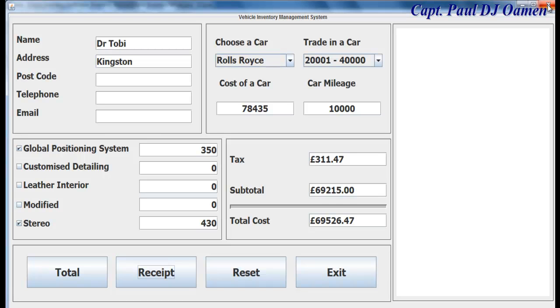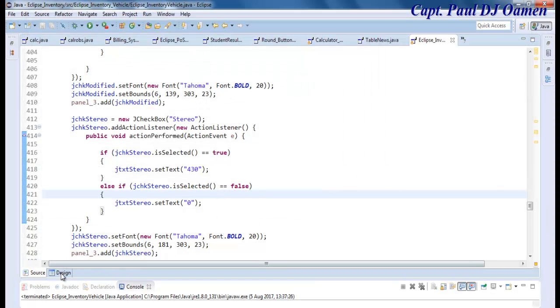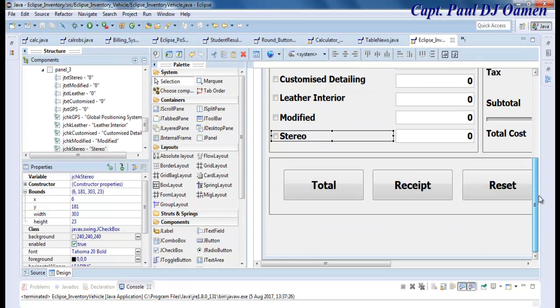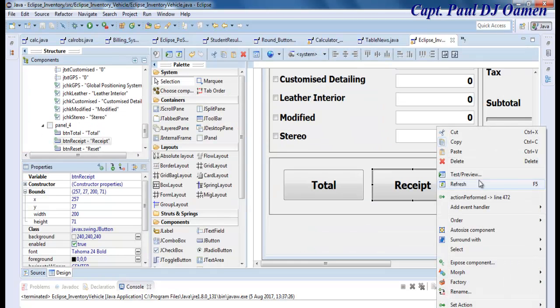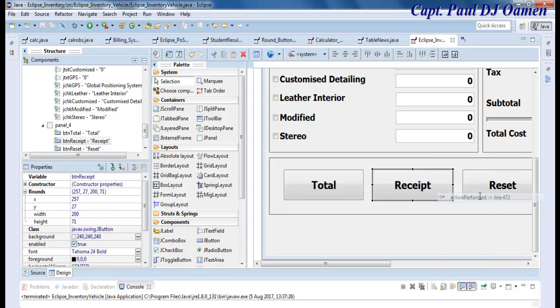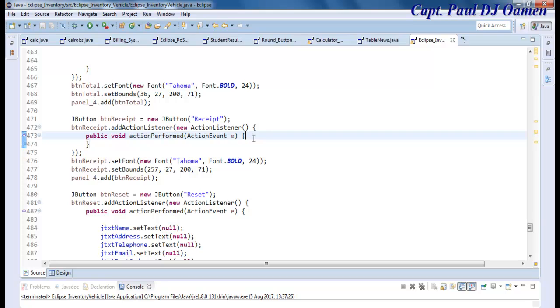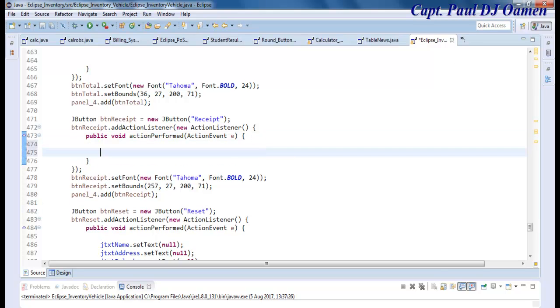So for the receipt, let's go back into our program, come right down here and right click on the receipt, action, perform, yeah, right there. Okay, for the receipt I'm going to declare the following string variable. So let's go for name, or maybe lowercase. That's a C name. That's customer name equals